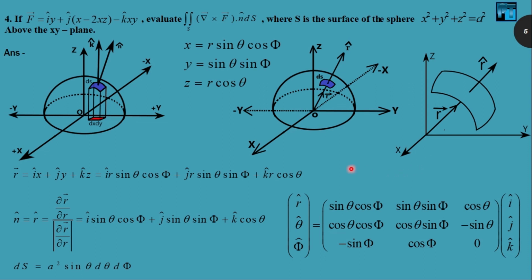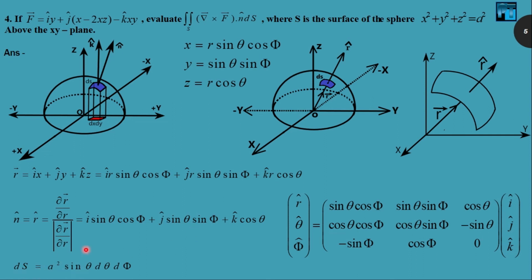So for cylindrical and spherical polar coordinates I shall make a separate video, but for now you have to remember this one, or you can evaluate the unit vector by the general method. Whichever is simple to you, you can do, but you have to determine the r cap,